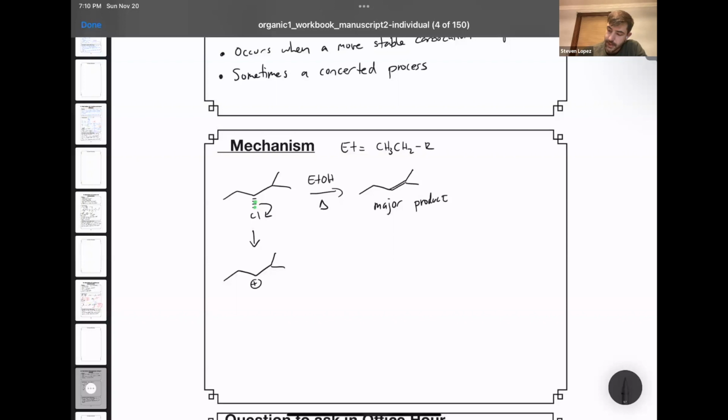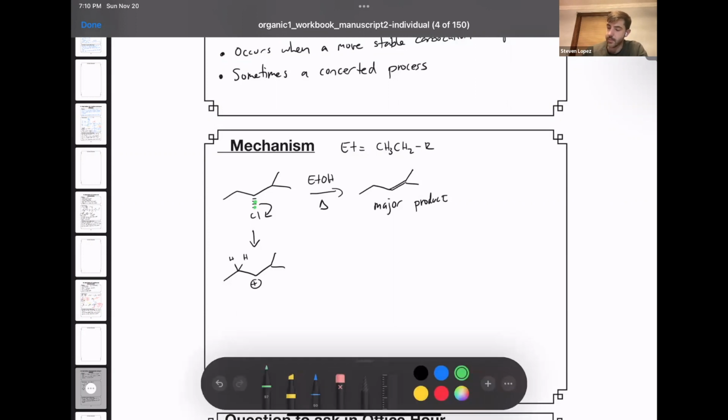So when I look to the left, I notice that if I were to move the cation to the left, it would be a secondary carbocation, which is the same energy as it currently is. So there's not really a driving force for the reaction to go. But if I look to the right, there's the possibility of moving the cation over and having a tertiary carbocation, which is more stable than a secondary carbocation. When you have that kind of situation, it's possible for the hydride to shift, and for the carbocation to shift to a tertiary position.